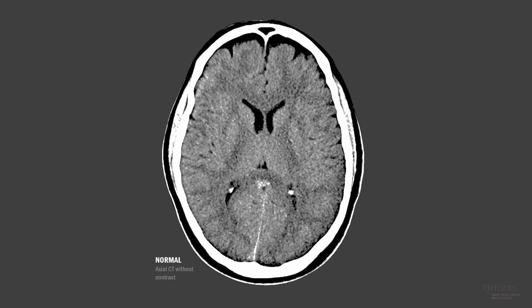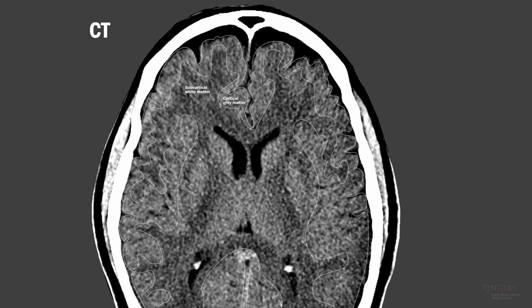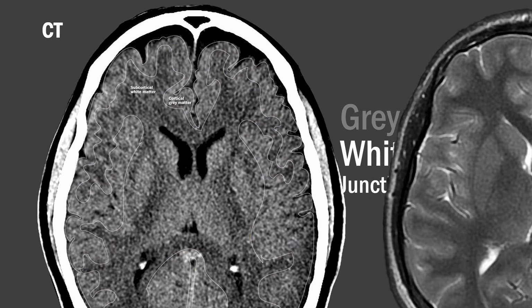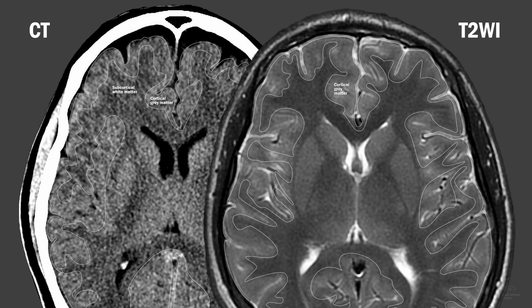So, take a normal head CT, zoom in, and adjust contrast. You can plainly make out 2 different tissue densities. The lighter or less dense is the gray matter, and the darker is the subcortical white matter. The junction where the 2 meet is called, wait for it, the gray-white junction. Now let's bring in the T2. Fluid is bright on T2, so identifying fluid-filled cell bodies of the cortical gray matter and distinguishing them from the darker subcortical white matter and the subcortical gray matter is much easier.